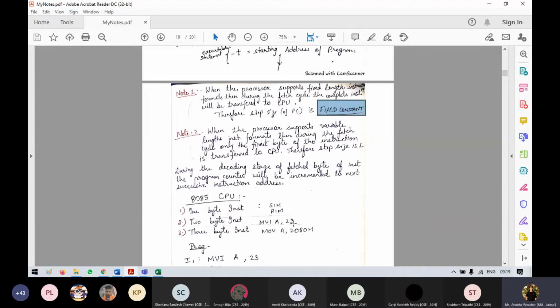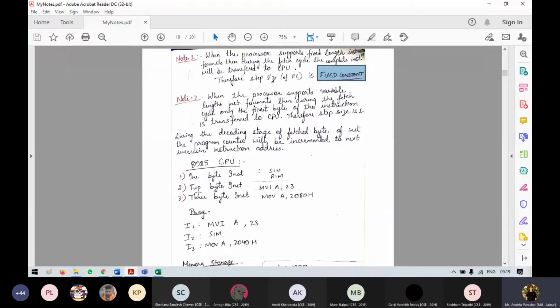So this 23 value will be stored in register A. If it is a 3 byte instruction, then this 80 value will be moved to the lower byte of A, and 20 will be stored in the higher byte of A. This is a hexadecimal value. So likewise you have 1, 2, 3 byte instructions.